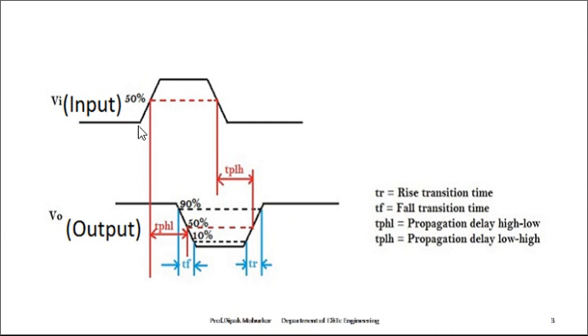Okay, so what is expected? When the input goes to 1, at that time the output should move to 0. So these are the delay times. And then after the 50% of the output voltage, these are the fall transition time, right? And if you see this one, it is TPLH. TPLH means propagation delay low to high time. Here they are moving from low to high. And here is the propagation delay from high to low. TF is the fall transition time, and TR the rise transition time.